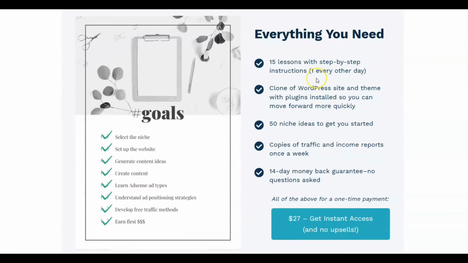Now, it's going to be 15 lessons presented with step-by-step instructions, and these step-by-step instructions are coming in an email form where you provide a download, and you can look at that. Let's move into that. We'll look at that real quick. I'll show you how the email came in and how I deal with the email and the instruction.